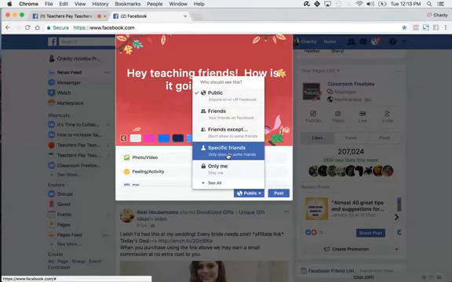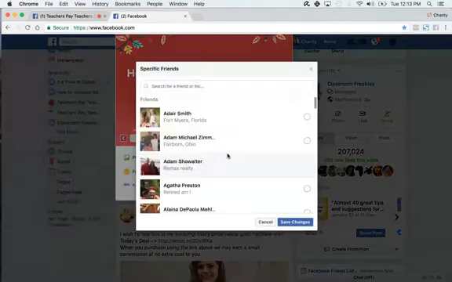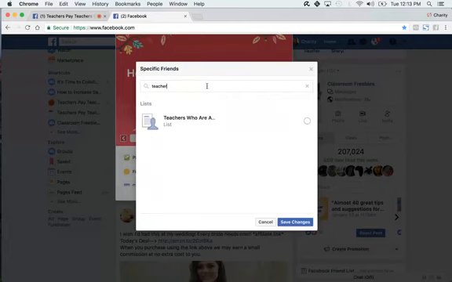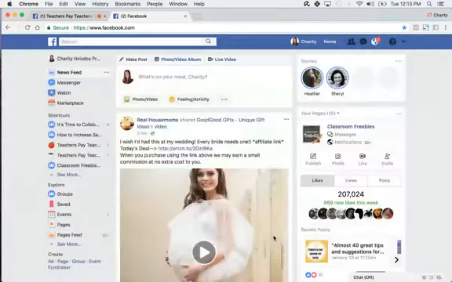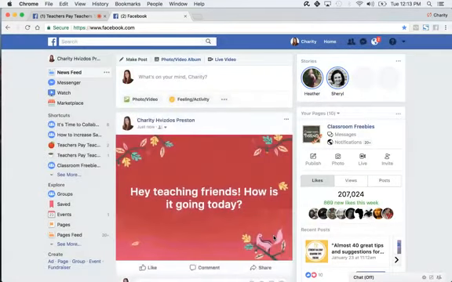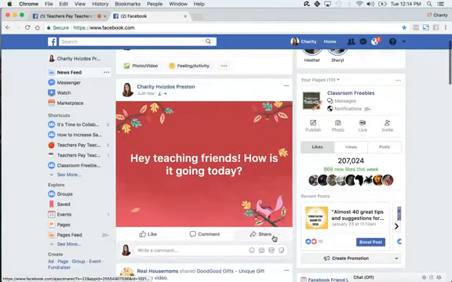And if I go to specific friends, I can search for a friend or a list. And I'm going to type in teacher. And I've got teachers who are awesome, or I think that one was called teaching friends, right? To my teaching friends, save changes, and then I can post it. So as you see, I posted that on Facebook, and right here, it only went to those people on my